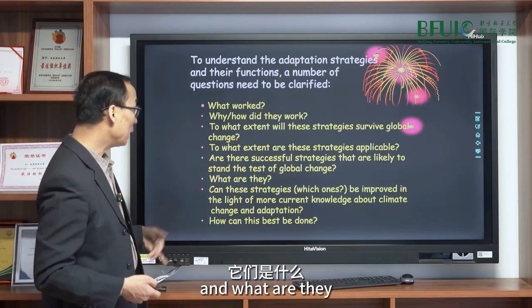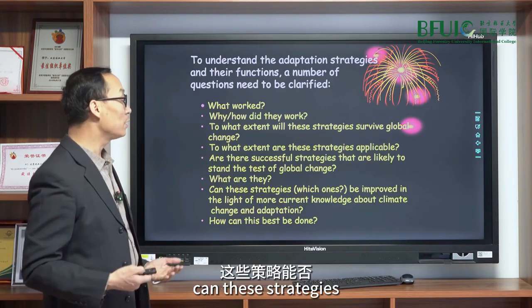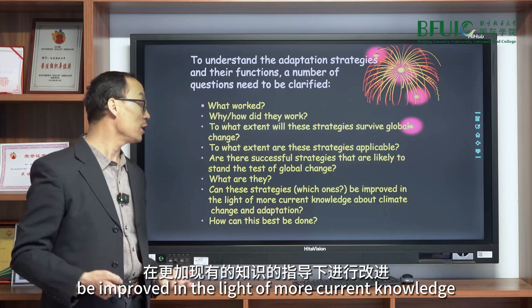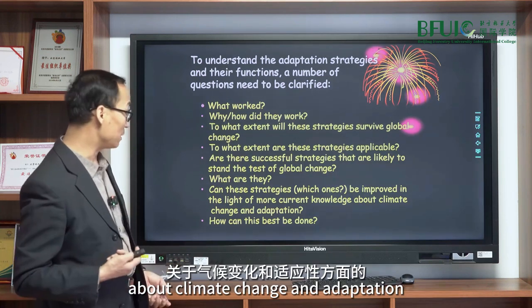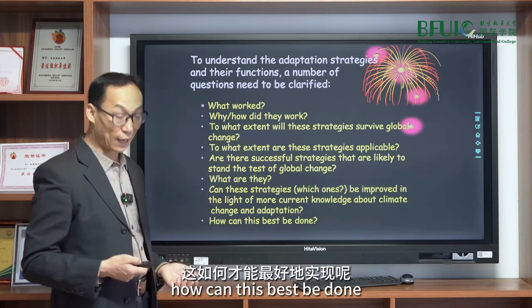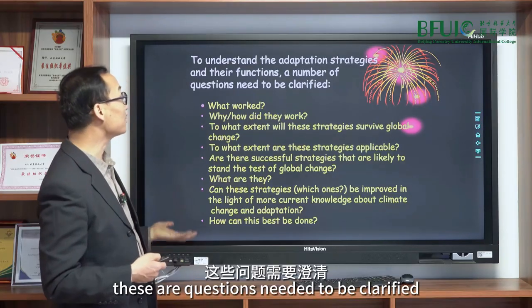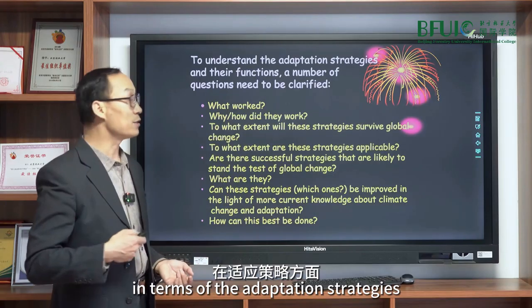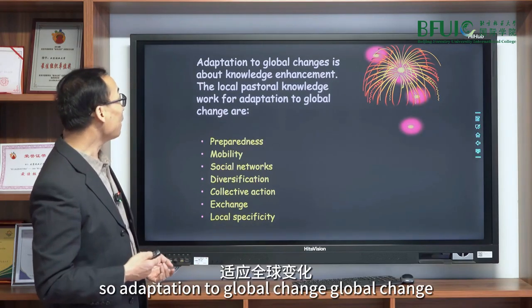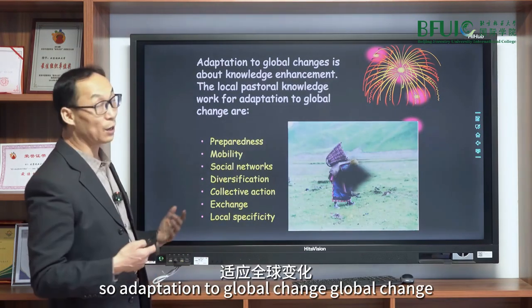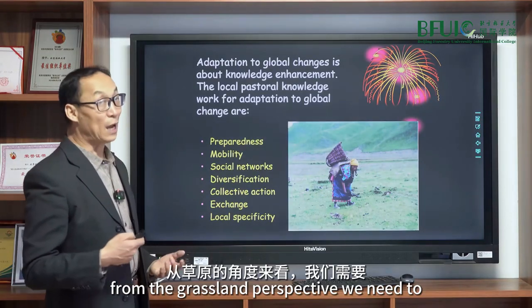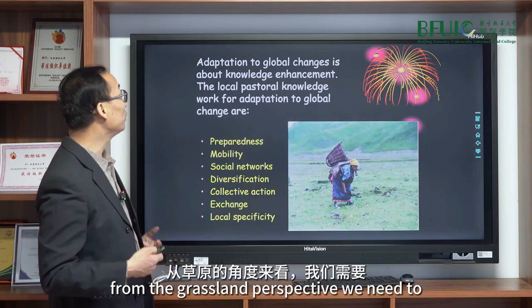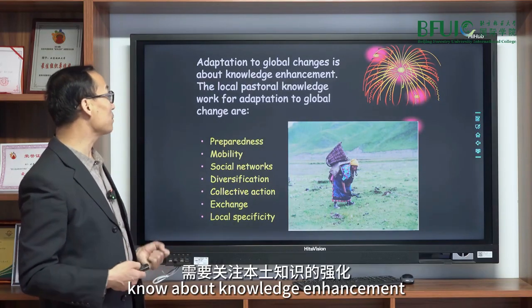And what are they? Can these strategies be improved in the light of more current knowledge about climate change and adaptation? How can this best be done? These are questions that need to be clarified in terms of the adaptation strategies. So adaptation to global change from, let's say, the grassland perspective, we need to know about knowledge enhancement, the local